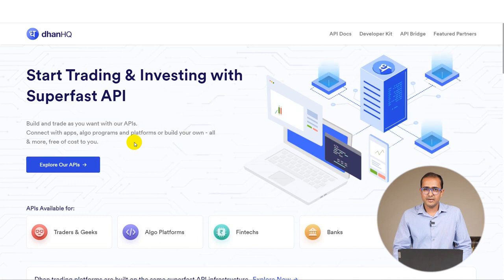I think most of you guys already have a Demat account with Dhan. If you don't have it, the link is in the description box. You just need to click over there, and it will take a maximum of 5 to 10 minutes to do all the different processes from opening the Demat account to KYC to everything. And then after that,